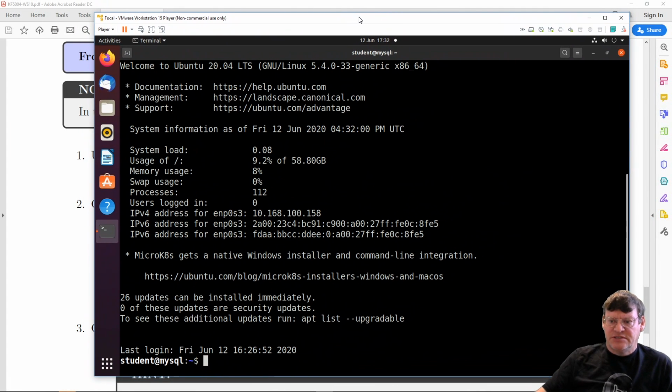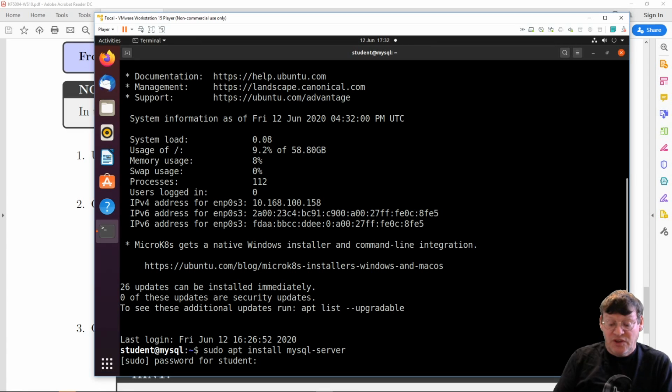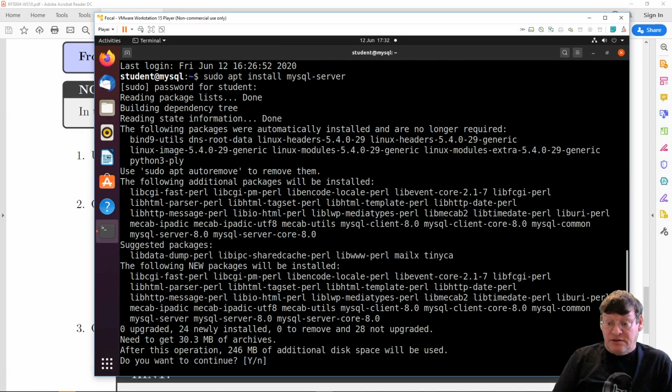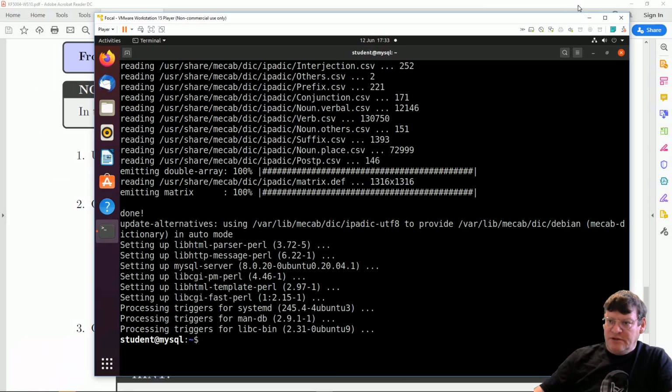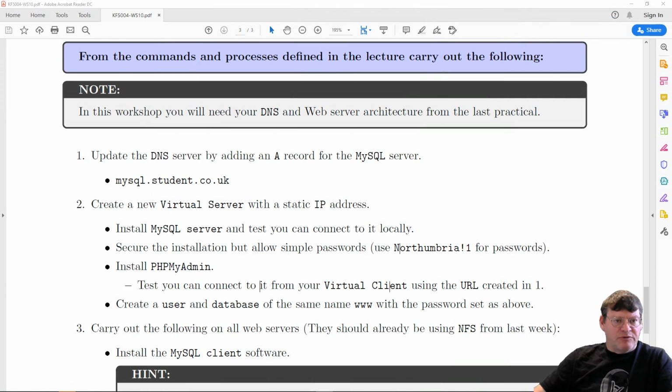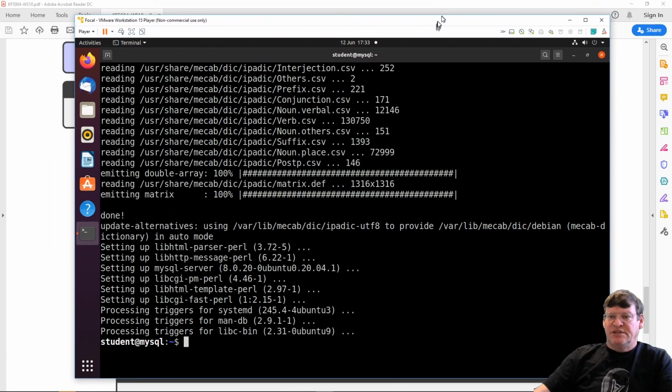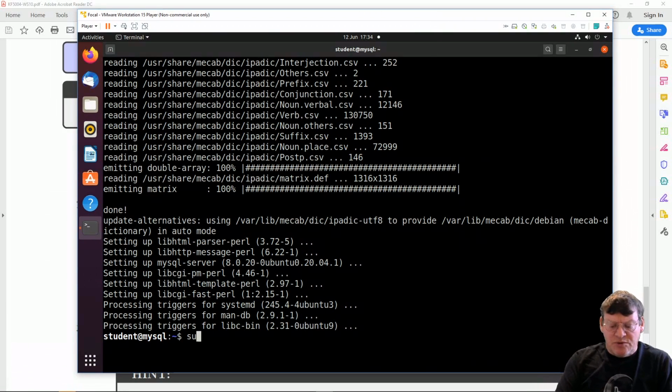Okay, so next thing on that server, sudo apt install mysql-server. There we go. Right, we're ready to install. Now there's quite a big install, so we might do a little skip in the video here part way through. Okay then, that took a little while, and we're back. So just a quick refresh, we've installed it, and now it's installed, we're going to do the securing of the installation. So next job we do is we go sudo,